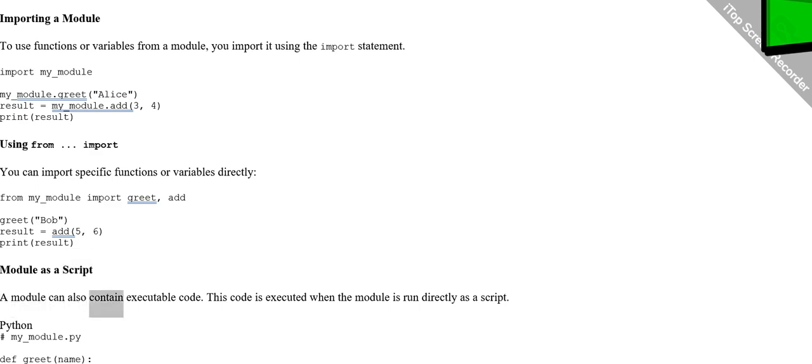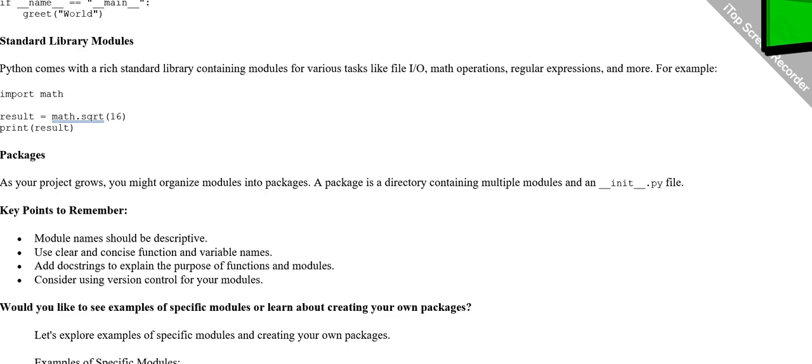Module as a script. A module can also contain executable code. This code is executed when the module is run directly as a script. # my_module.py def greet(name): print(f"Hello, {name}") if __name__ == "__main__":